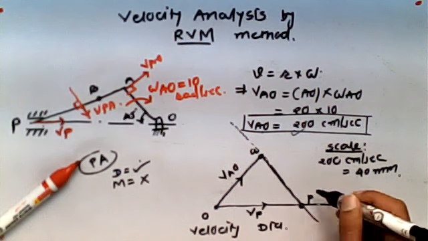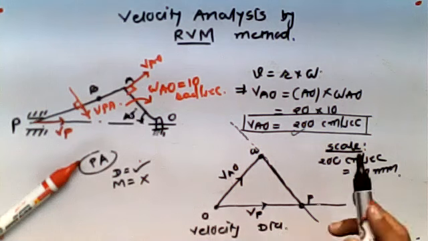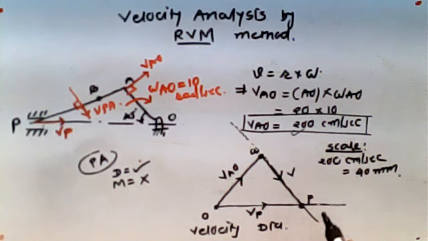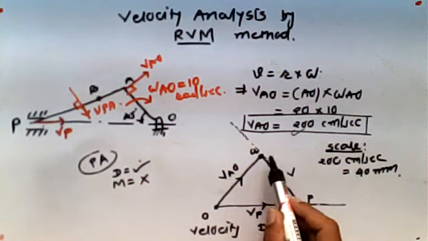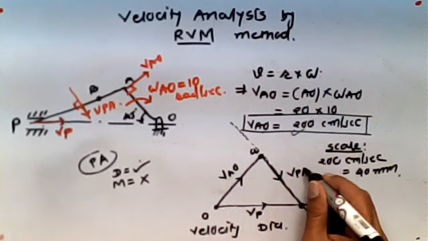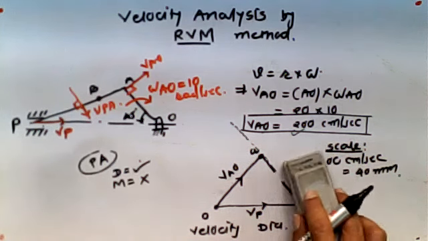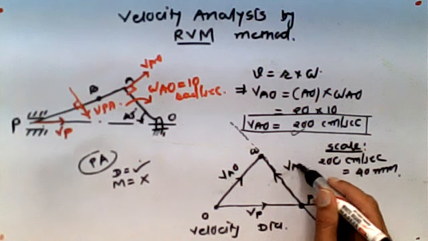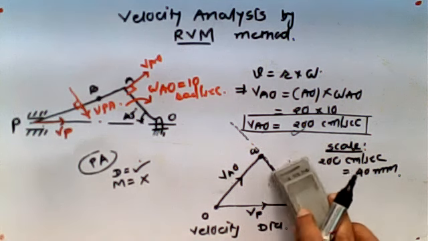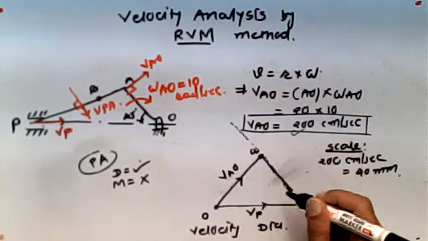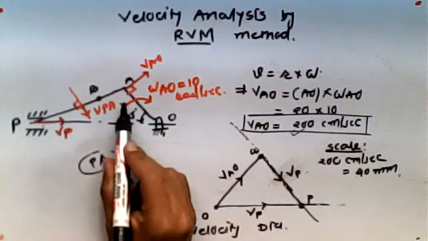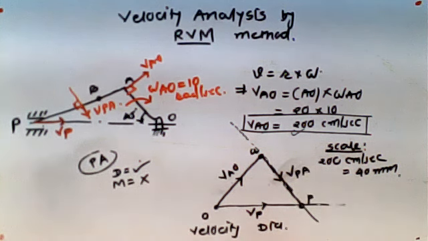Now here, for the relative velocity of P with respect to A, suppose I make this kind of arrow. Then I should write it as velocity of P with respect to, what is the reference? A. So I can write it as velocity of P with respect to A. Suppose I don't want to write it like this, you can reverse the arrow also. You can write it as velocity of point A with respect to point P, correct? So it depends on which reference. This is the relative velocity ultimately. So I want to determine the velocity of this piston P with respect to A. I can write it as PA or AP, and according to that you can put the direction, correct?